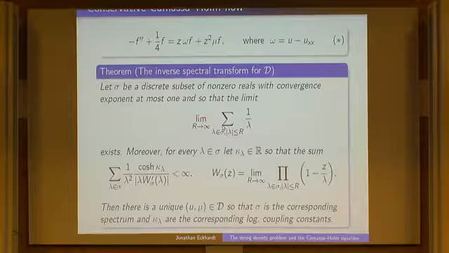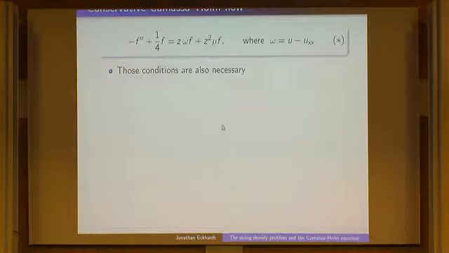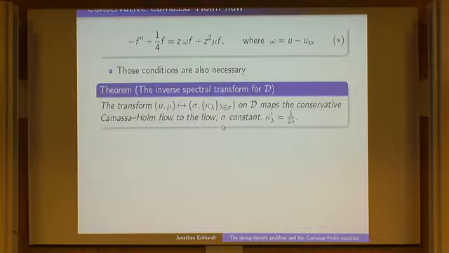And these conditions are actually necessary as well, so we get a complete characterization of possible spectral data for this set of weights. And again, the transformation, which is again a projection, if we define the arrangement appropriately,